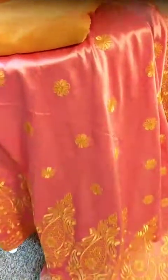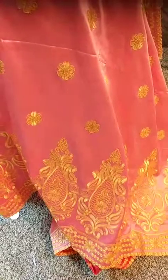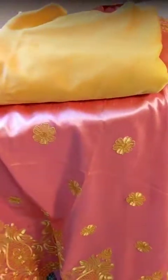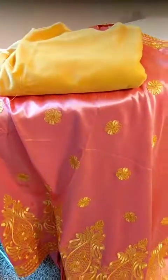So, did y'all see the fabric I showed you yesterday, the coral and gold embroidered fabric that I was going to make a dress for me for the Regency soiree? If you didn't see it, I'll show it to you real quick. Again, it's a coral colored silk embroidered with this bright yellow gold. And I'm going to make my Regency dress out of this, and guess what? See the yellow gold velvet? I love these together. And I know this is an unusual combination, and most people would not wear it, but